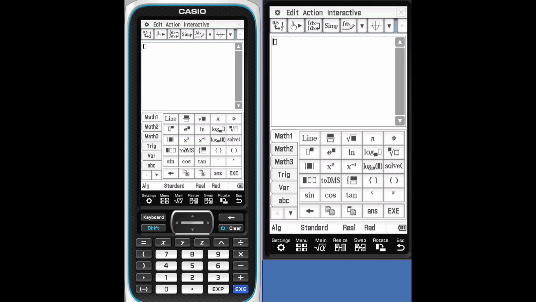Let's see how to do some basic operations. Let's take something simple like addition. Works just like a regular calculator. Let's do some fractions. We'll use a template. You fill out the template by simply navigating through the fraction, or you can tap on the screen to go to different parts of the fraction. So if you tap on the denominator, you can fill out the denominator. Tap in the numerator will allow you to fill in the numerator.